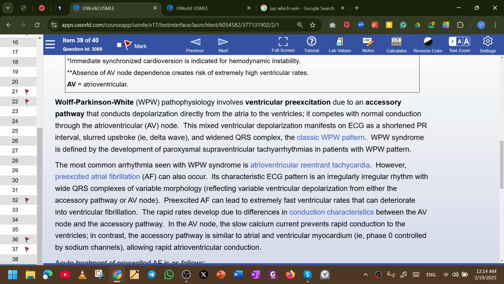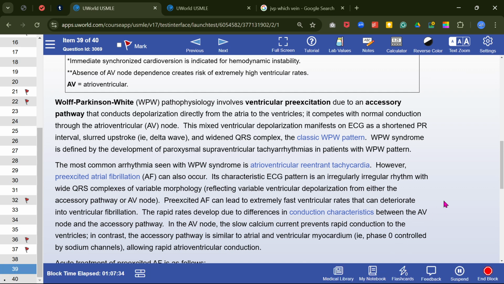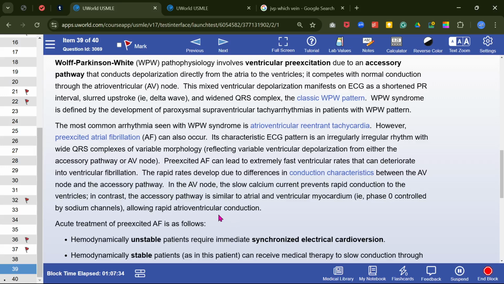In the AV node, the slow calcium current prevents rapid conduction to the ventricle. In contrast, the accessory pathway is similar to the atrial and ventricular myocardium, phase 0 controlled by sodium channels, allowing